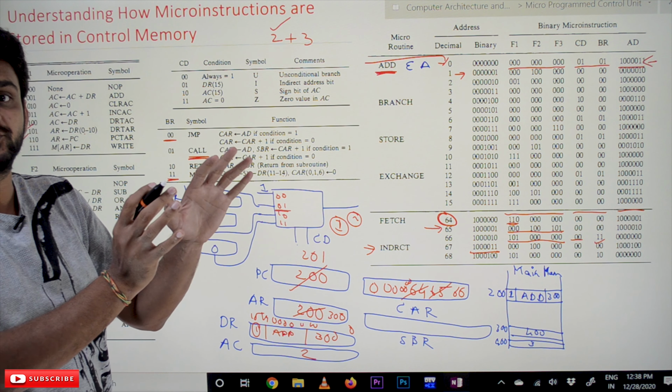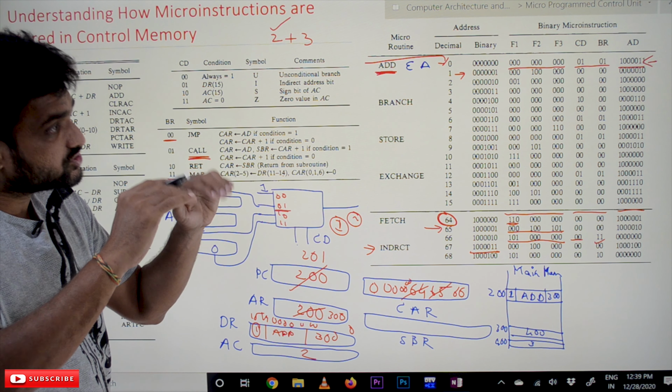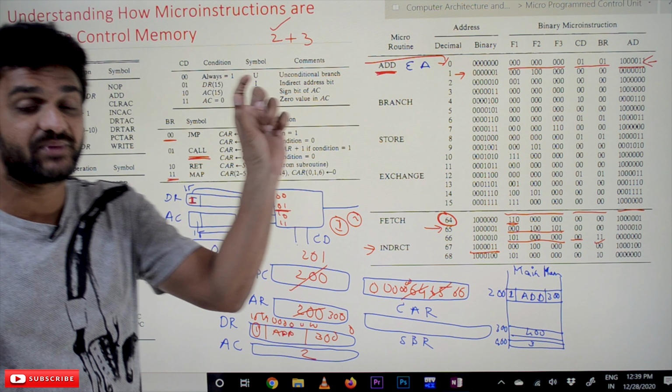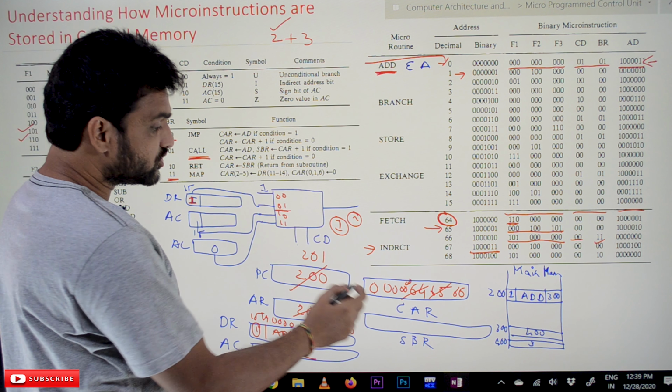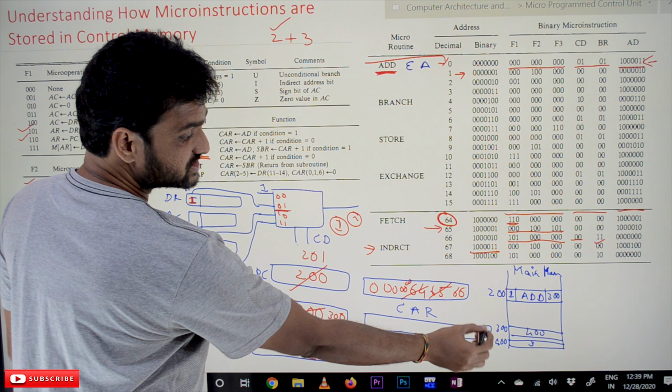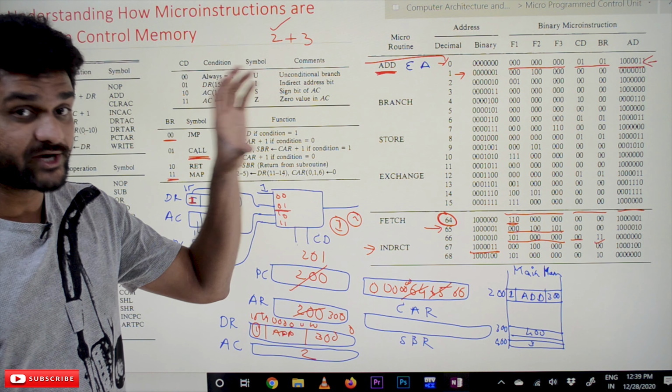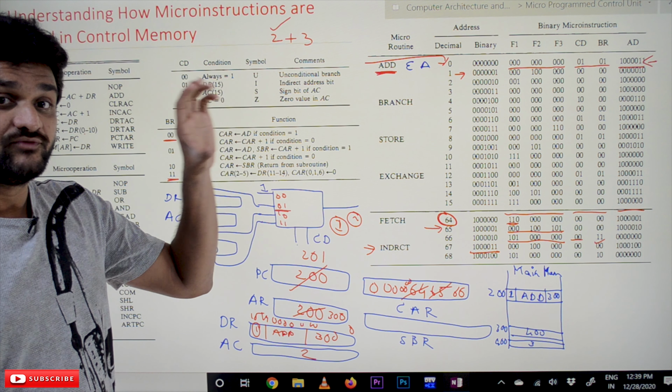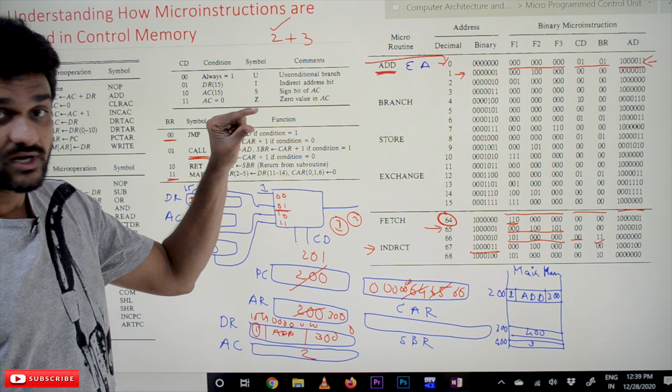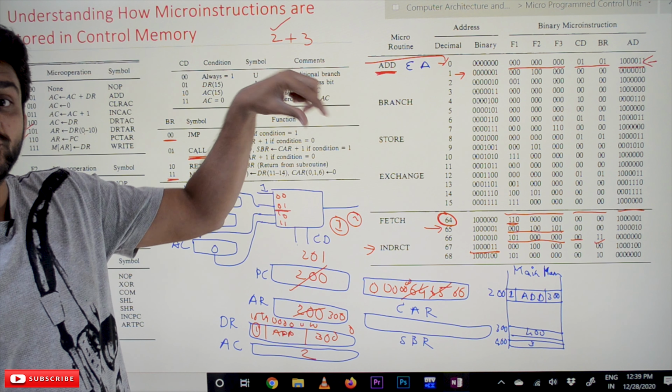This is how the computer works, right? In order to make that happen, we have a separate register called the subroutine register. In our microprogrammed control unit, we have control memory, control address register and subroutine register.